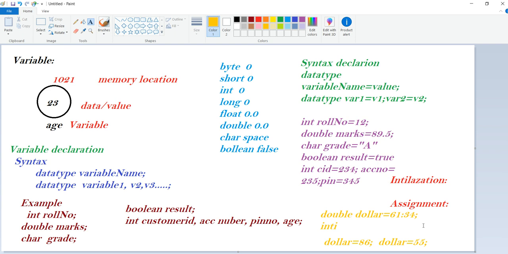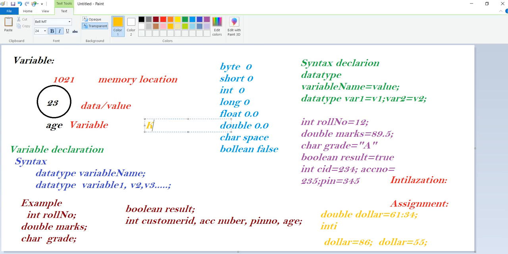One more thing we need to discuss for this tutorial, that is keyword. So what is a keyword? The words that have a predefined meaning in Java, the words whose meaning is reserved in Java, are called keywords. Some keywords are there in Java. How the keywords work we can discuss in our next session, but I'm just giving the definition here. We'll discuss it clearly in the next session.